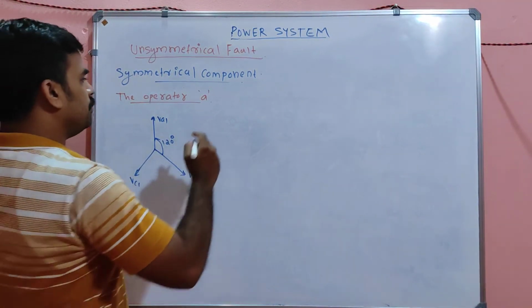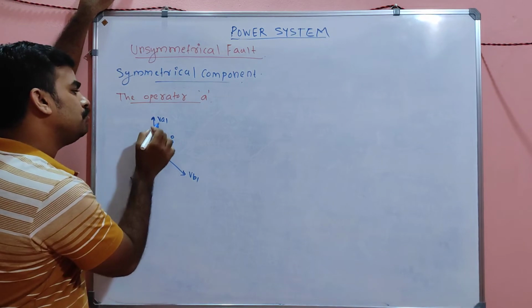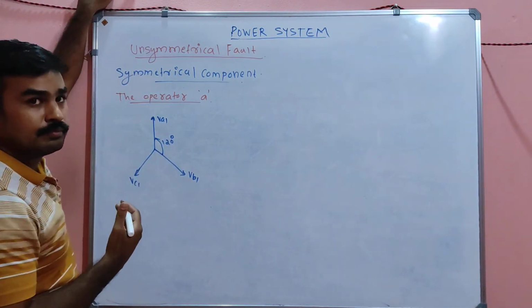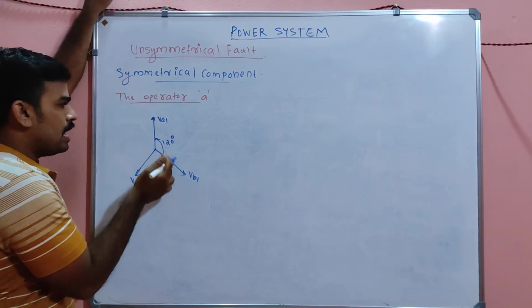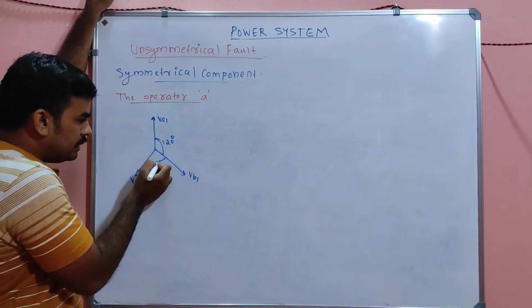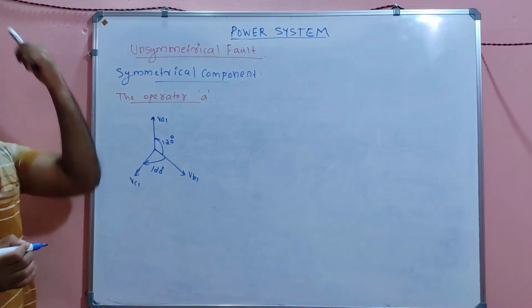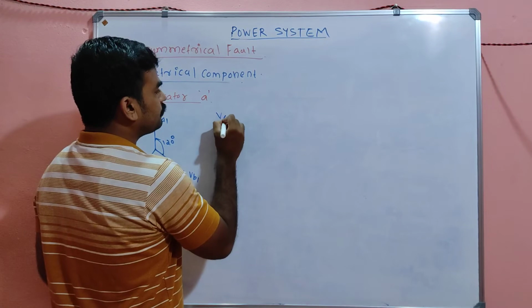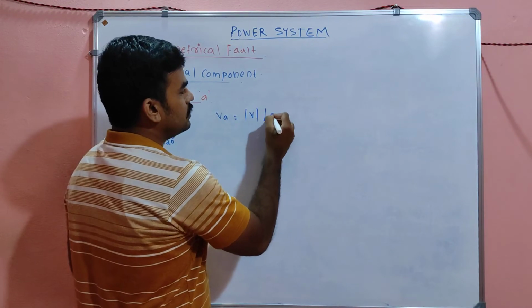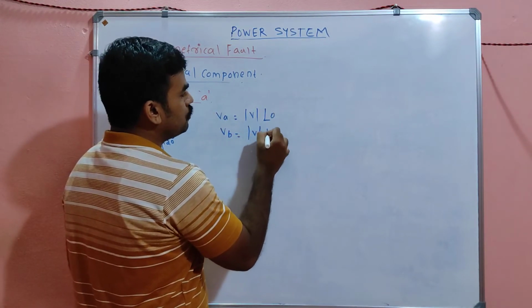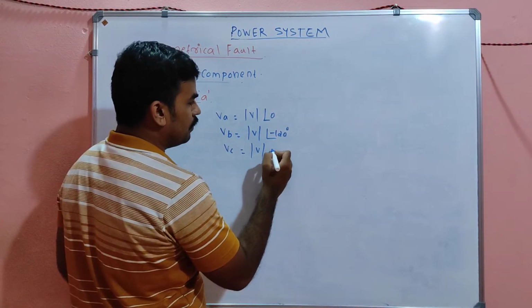Can you tell me? I can say that VB1, with respect to VA1, is 120 degree lagging. Magnitude may be the same, but the phase angle is 120 degree lagging. And VC1, with respect to VA1, is again 120 degree lagging, so total 240 degree lagging. So I can say that VA is equal to some magnitude V with angle 0, VB equal to the same magnitude at minus 120, and VC equal to the same magnitude at minus